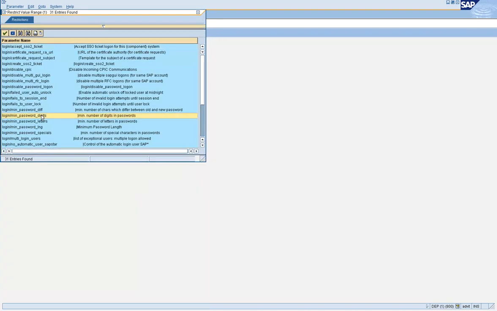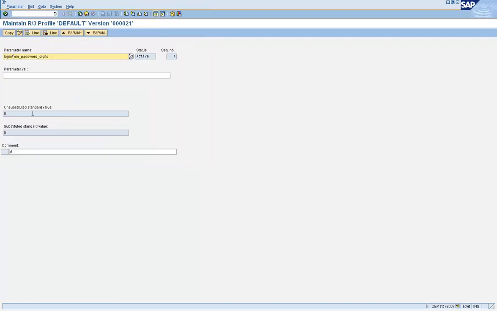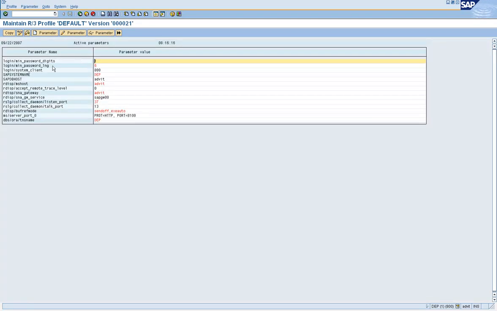So, minimum digits in the password. SAP doesn't force you to use it, so let's force the users to use it. Set 1 and copy. Let's go back, and the parameter appears in the list. Like I said, this parameter will enforce the user to use at least one digit in their passwords.